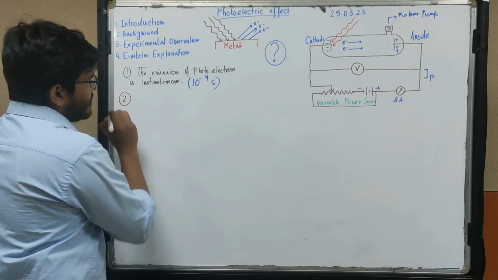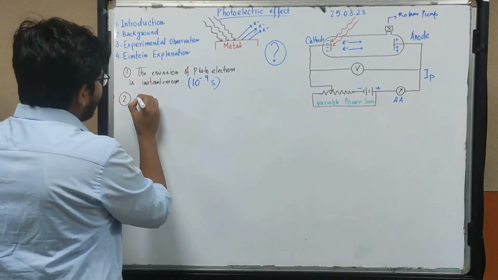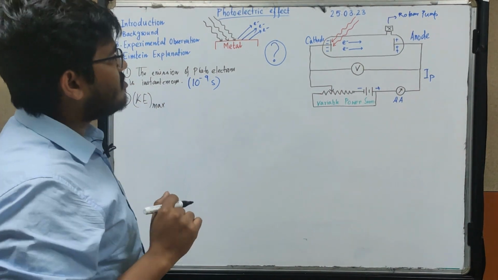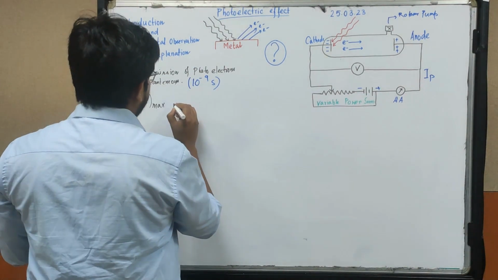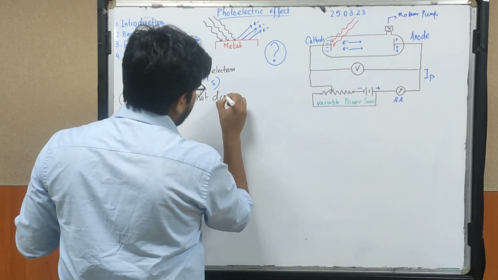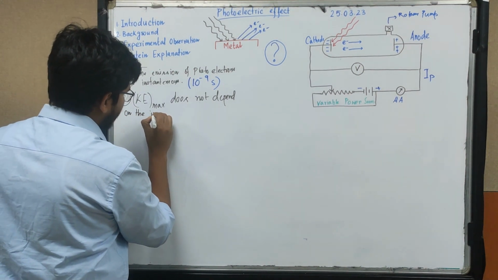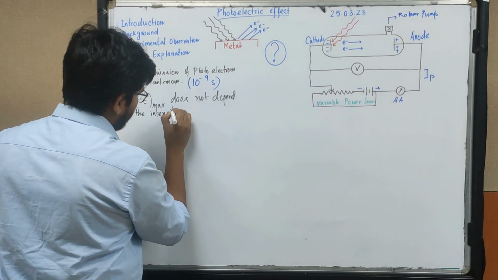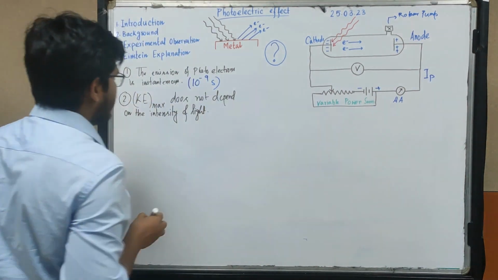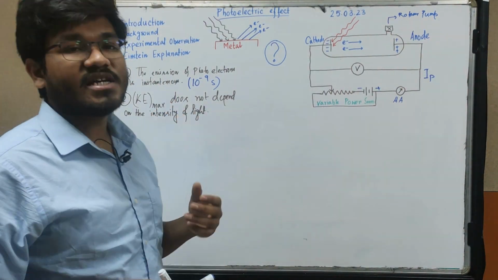The second thing is the kinetic energy. When the electron is emitting from the metal surface, it will have some kinetic energy. This maximum kinetic energy does not depend on the intensity of the light. So the kinetic energy does not depend on the intensity of the light, but this kinetic energy depends on the